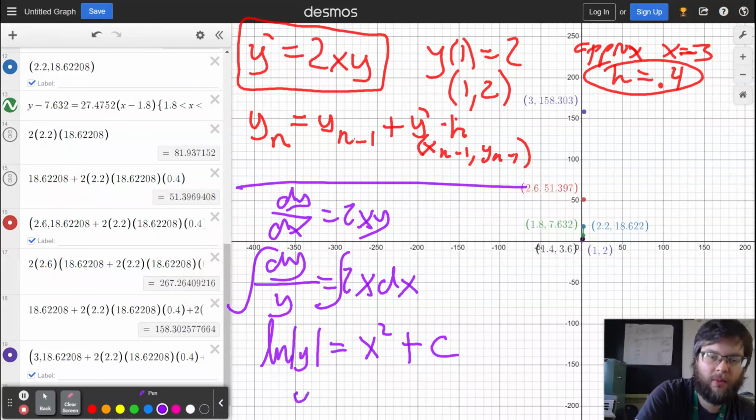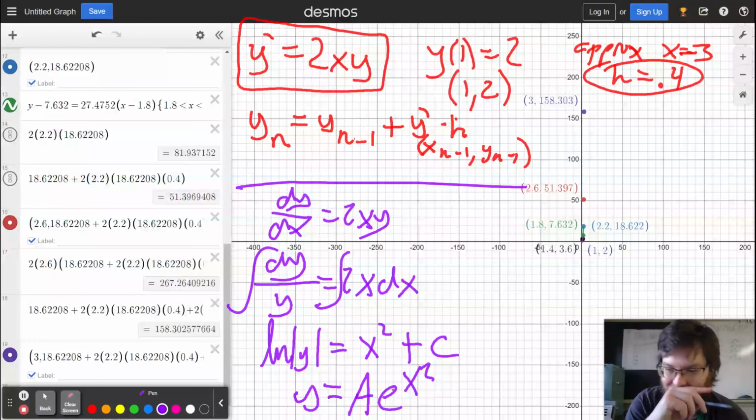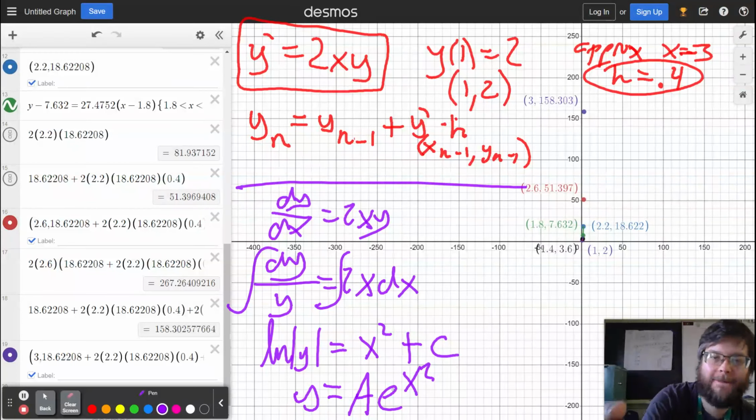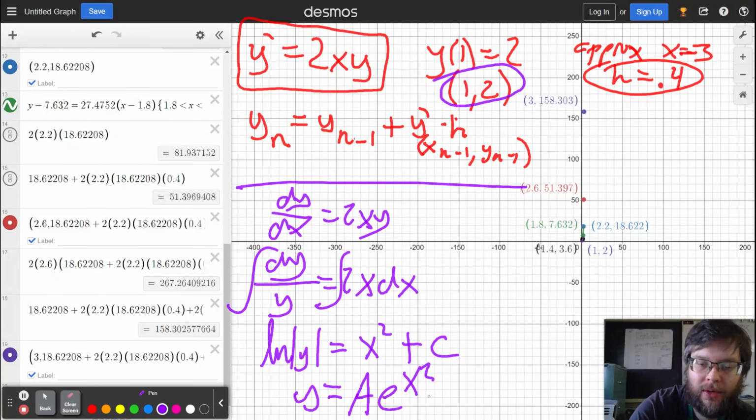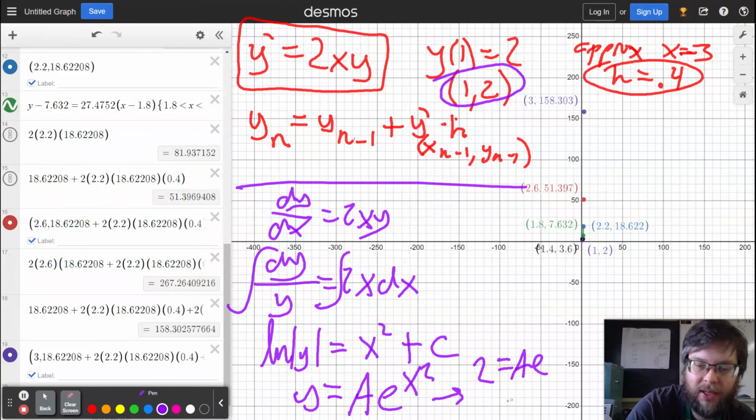That means that y is equal to a e to the x squared. And because my initial condition is positive, I don't need the absolute value bars anymore. If I use my initial condition of 1 and 2, then I can see that 2 equals a times e. So 2 over e, or 2e to the negative 1,